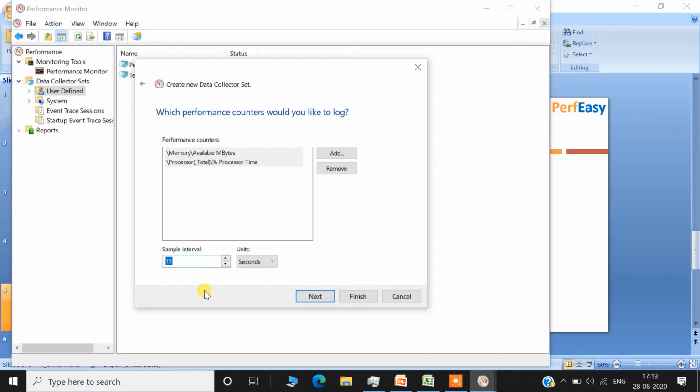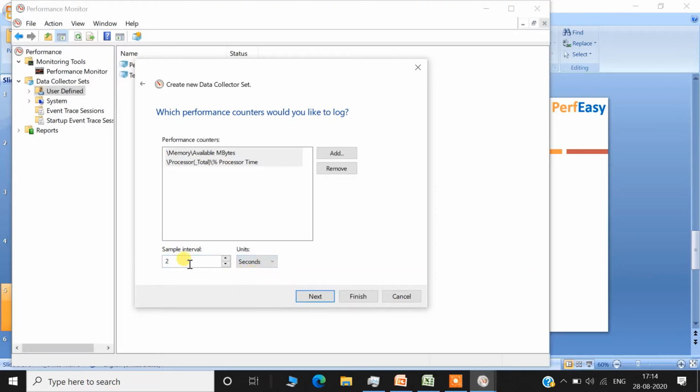give here. There are no fixed rules, but I can give you some guidelines. If we are running a small test, let's say 10 or 15 minutes or half an hour, you should give 1 second to 5 to 10 second kind of interval. If we are going to run a 3 hour, 4 hour test, let's give around 20, 30, 40 second kind of interval. But if we are going to run a long duration test, let's say 8 hours, 10 hours, 2 days, 3 days, we can even give 2 minutes or 1 minute kind of interval.